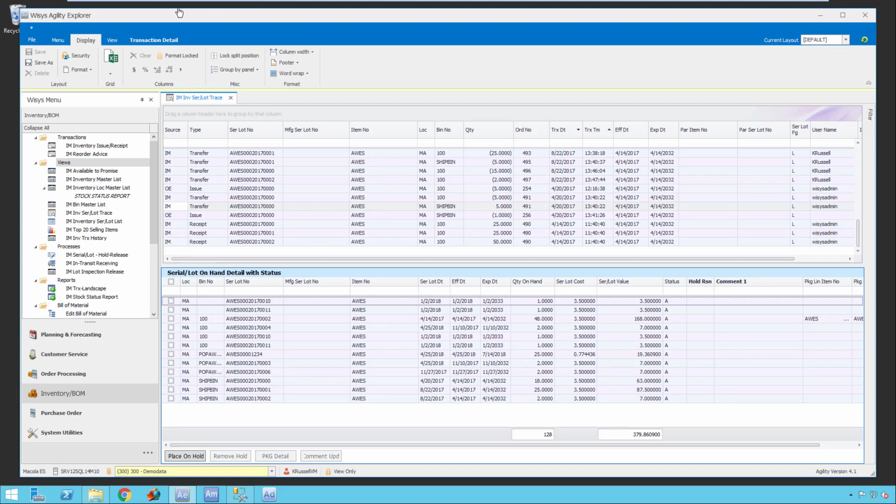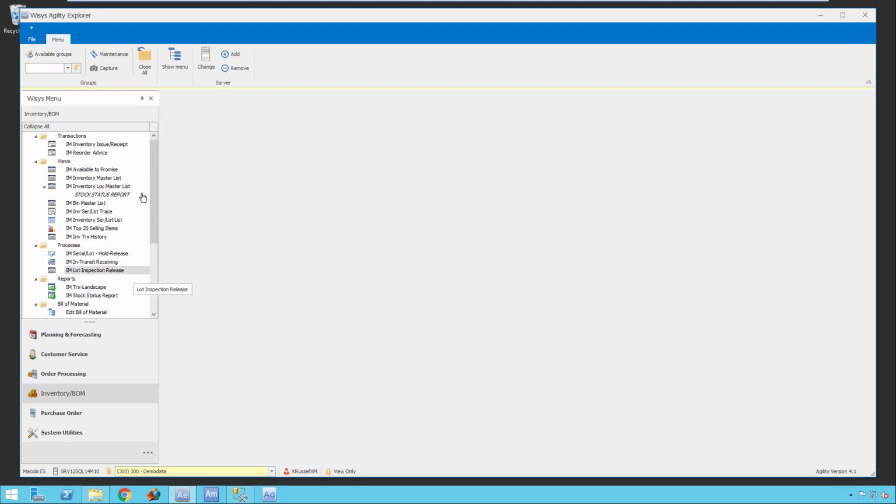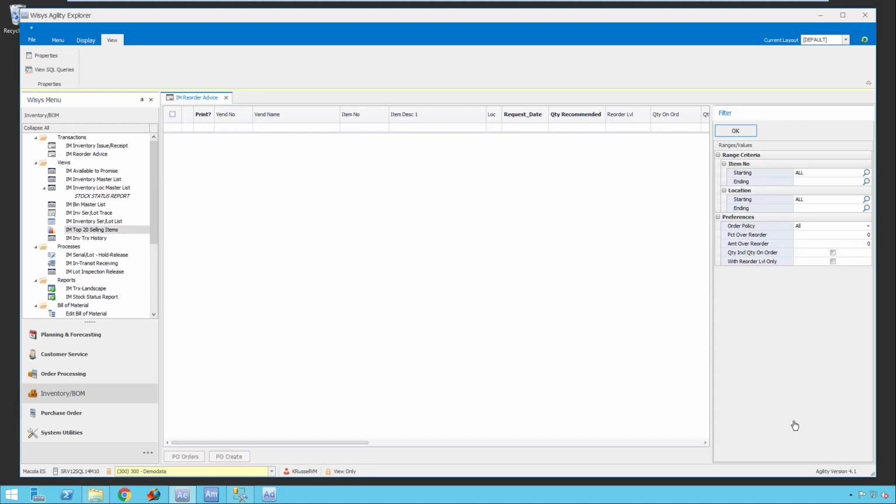So very user-friendly for people to help them manage their serial lot information and pull out trace activity here. So I'm going to close that application, and the next thing we're going to take a look at in our inventory is the IM Reorder Advice. And opening up the IM Reorder Advice report, you can see we have the item number, a location here, and